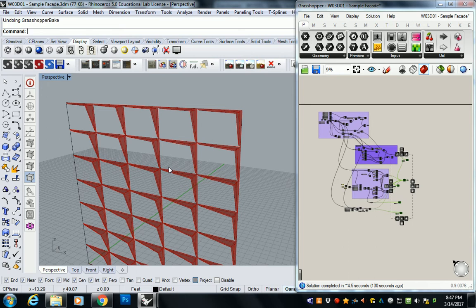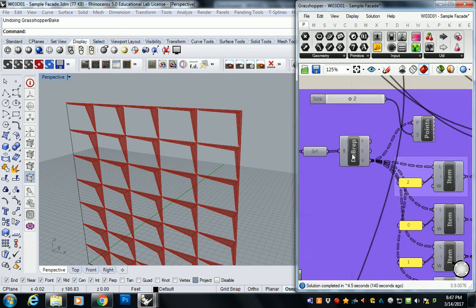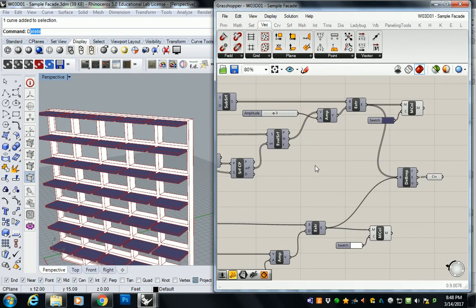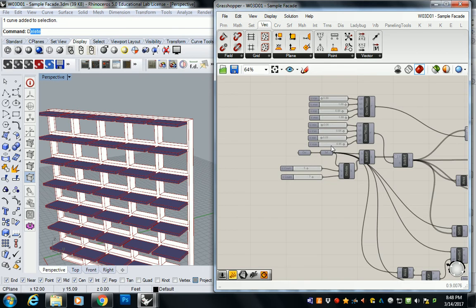What we need to do is break down the original panel, reconstruct it with a subtractive geometry, and then just do the same subtraction exercise that we did before. So the breaking down part is going to be this Deconstruct Brep. We're going to use this a lot this week, and it's going to be ever present in almost anything we do throughout the semester from here on out. Back to the other one. So that